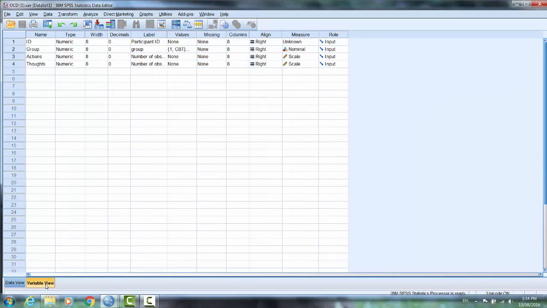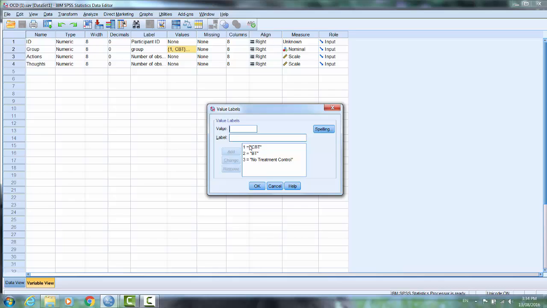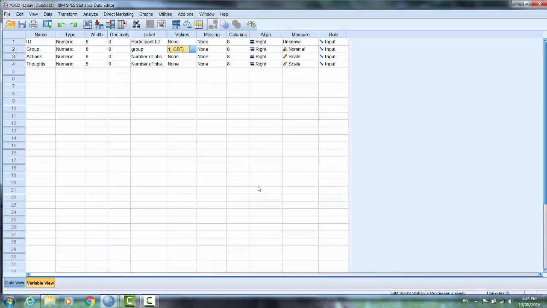If we look at our variable view, again we see that our grouping variable is nominal, and it's a good idea just to see how things have been coded. So here number 1 equals CBT, number 2 equals behaviour therapy, and number 3 is a no treatment control. So that's different from our ANCOVA variable, where our placebo or no treatment was coded first. So that's just a point of difference that I am pointing out. Now, the details of this example, if you wanted to read and get a little bit of background, you can find those on page 626 of your Field